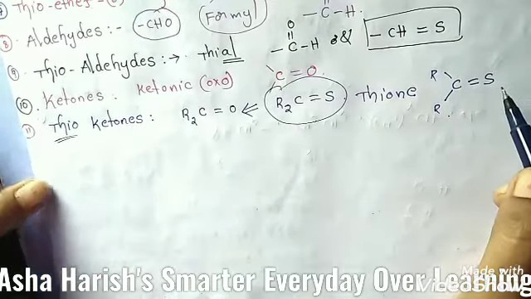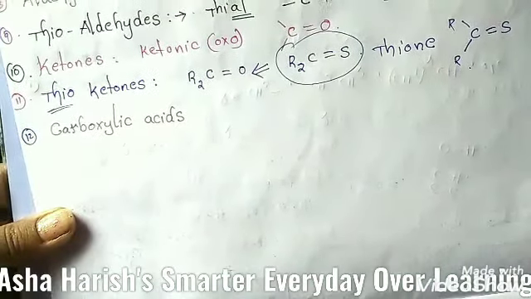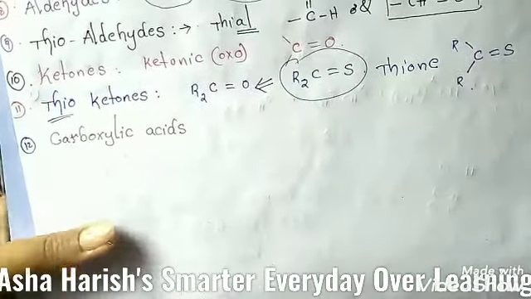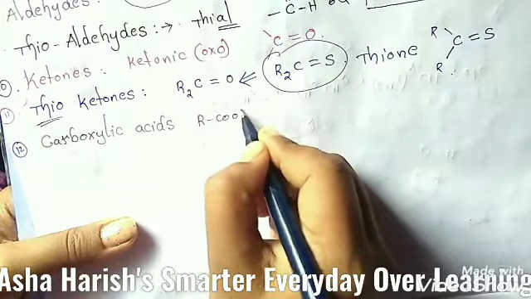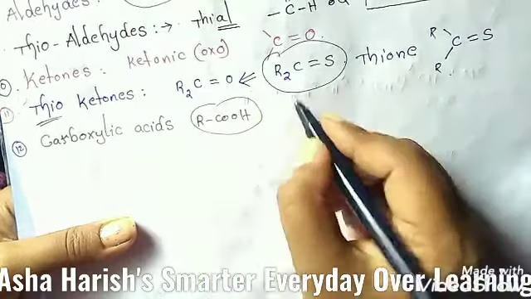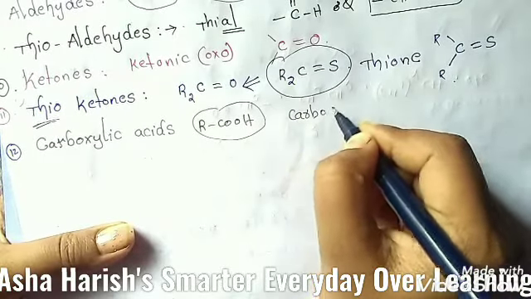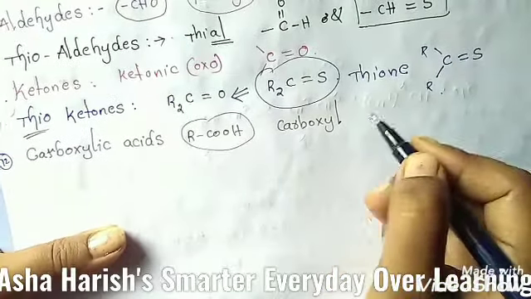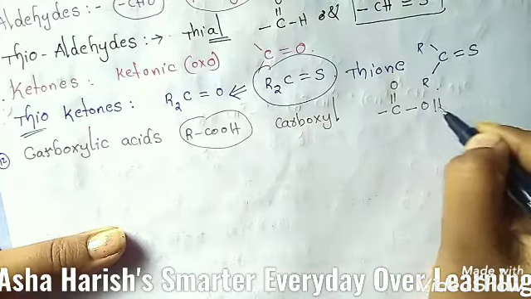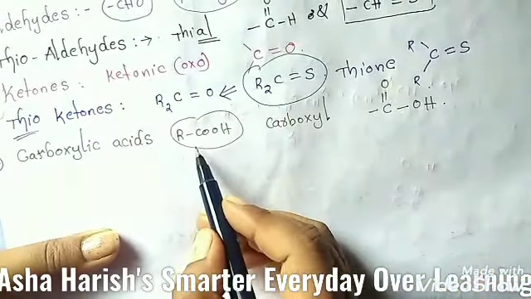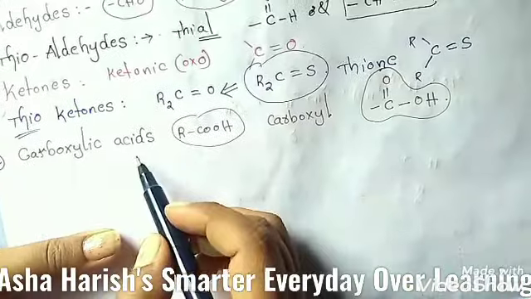This is the main functional group of these thioketones. And the next one is number 12, carboxylic acids. Carboxylic acids, okay, right? Organic compounds with the carboxyl group, nothing but R COOH. These are the carboxyl groups. Then the name of the functional group here is the word carboxyl. Then the structure should be C O OH. Here is the representation of R, and this is the functional group structure of this carboxylic acid, right?